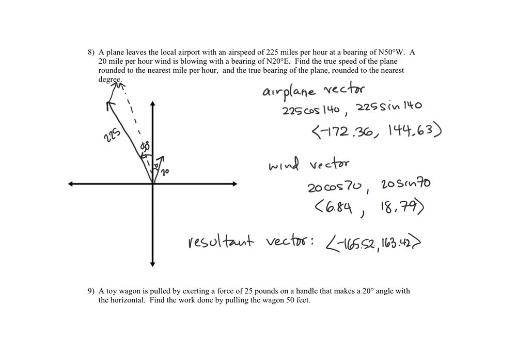So now we just need to find the magnitude of that for the speed. And that's roughly 232, and it says to the nearest mile per hour, so 233 miles per hour. And then the direction